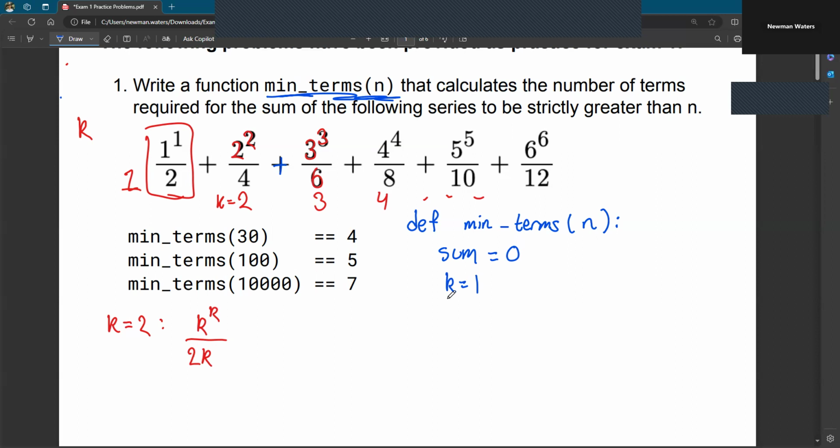And what do we want? It says that we want the sum to be strictly less than n. So what does that mean? It means that sum is going to be less than n. So when this condition is no longer true, that's when we know to stop. So let's do that, our while loop. So while true,